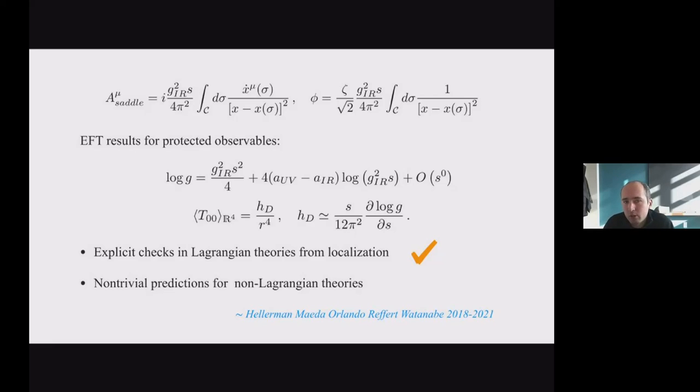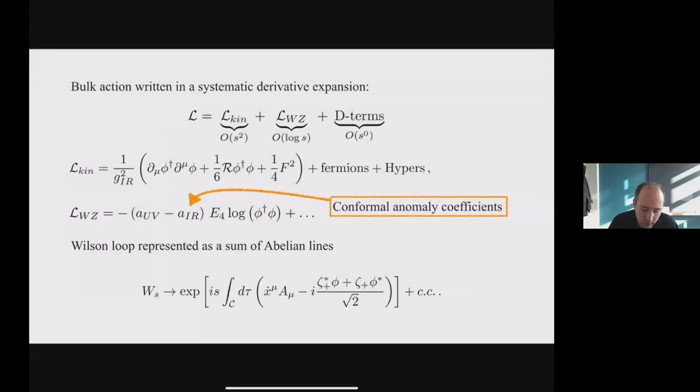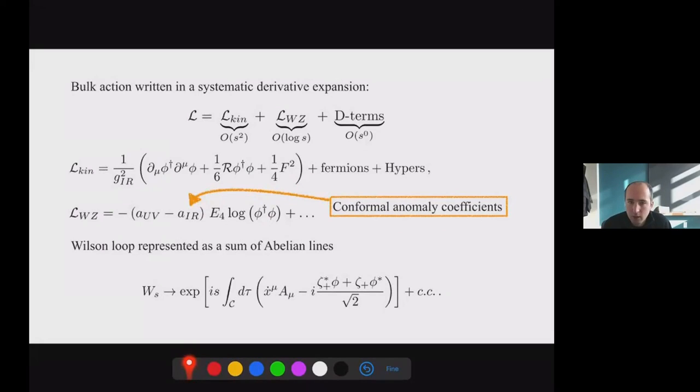The spectrum to leading order almost follows immediately from the fact that the action is essentially free. Structure constants for, say, long multiplets are computed up to some new Wilson coefficient. So to represent the long multiplet in the effective field theory, there is some Wilson coefficient in the matching. But you can predict the scaling with S, for instance, of this one-point function and higher point functions in the bulk.